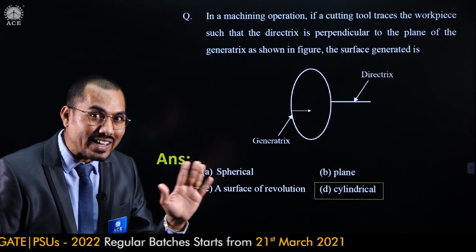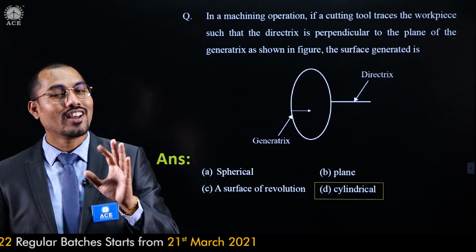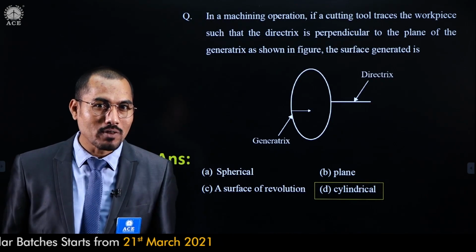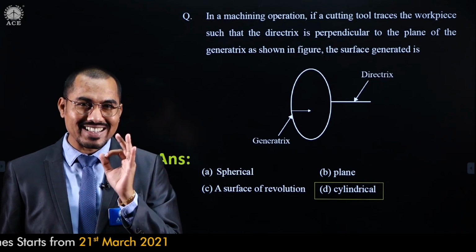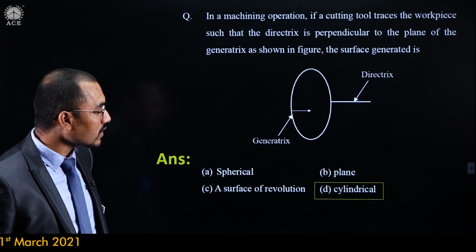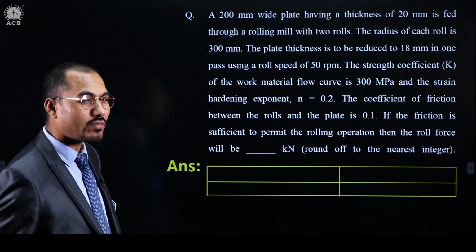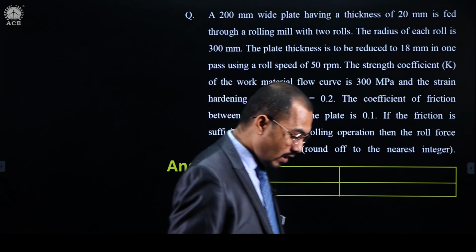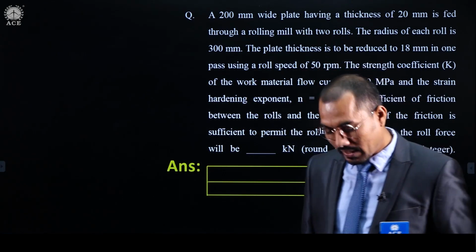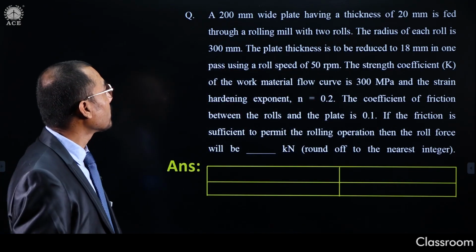I don't require to read extra. It is just basic common sense and basic fundamental understanding. I hope everybody must have attempted it spot on. Right, fine. So a cylindrical surface will get manufactured in this case. Fine. Now this is the question, and a lot of dilemma might be there in the heart of the student also. Let's begin with that.